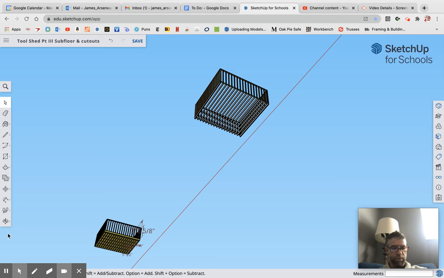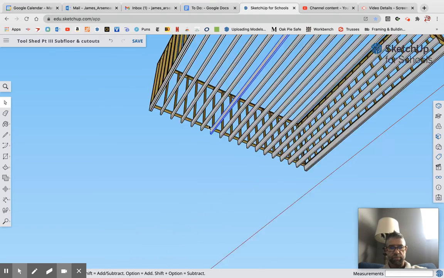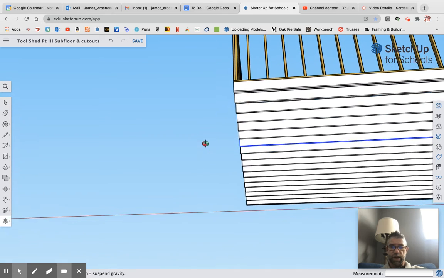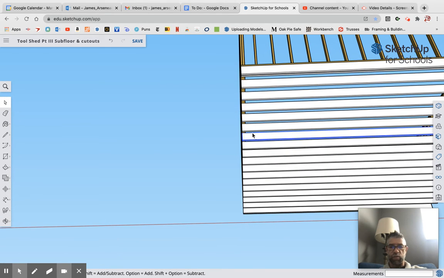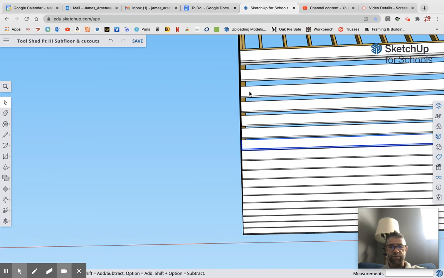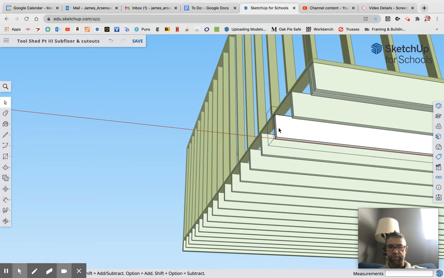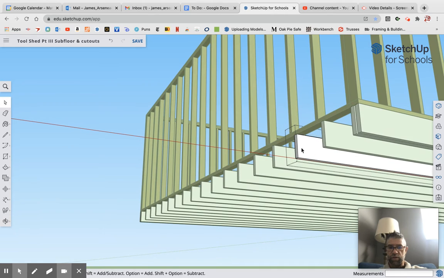Okay, my tools are not working, guys. Of course, in the middle of a video, my Zoom stops working. There it goes. Okay, notice they're all the way out to the end, and they can't be. We need to run one along the edge. Easy fix, though. Because they are components, just select any one of them, zoom in, grab its end,